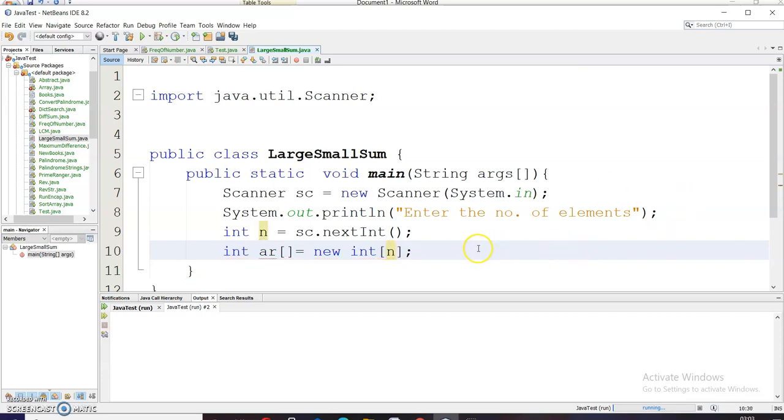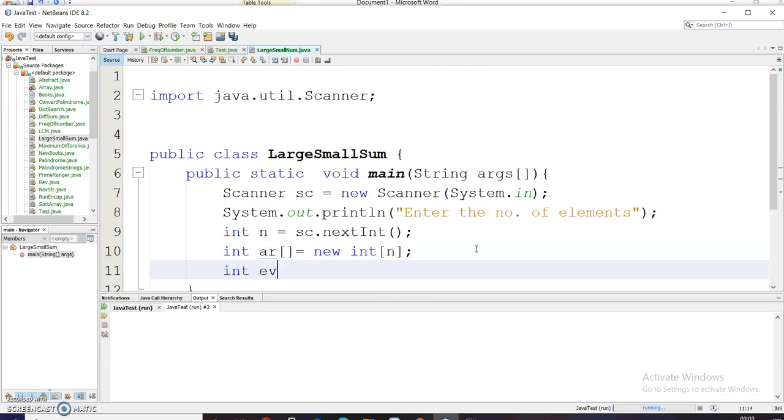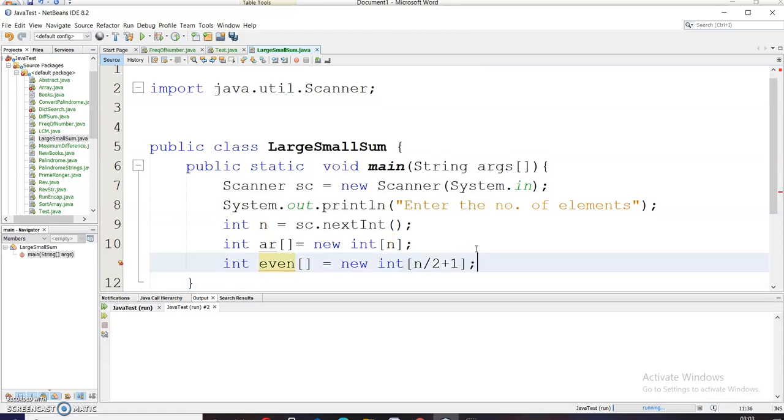Since I need to find the sum of the elements at the even index and at the odd index, I need two more arrays. One will be an even array and the other will be an odd array. So let me define an array even = new int, and the size will be half of the original array, that is n/2 + 1.